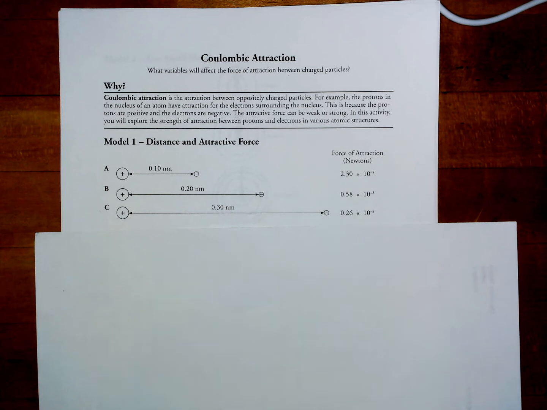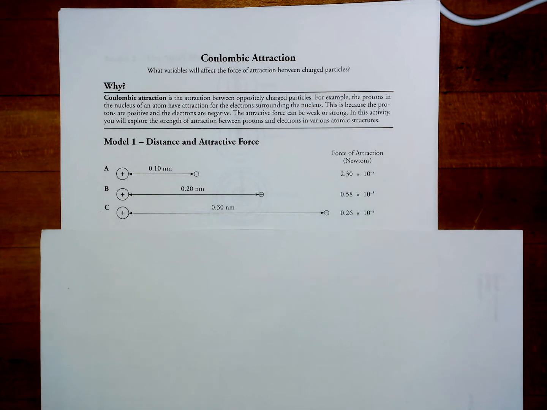This is going to be a quick review of the Coulombic attraction packet that you guys completed last week. Remember that Coulombic attraction is going to be the basis for pretty much everything in this next unit on periodicity. So in Model 1, we have three different scenarios where we've got a proton and an electron, and they are